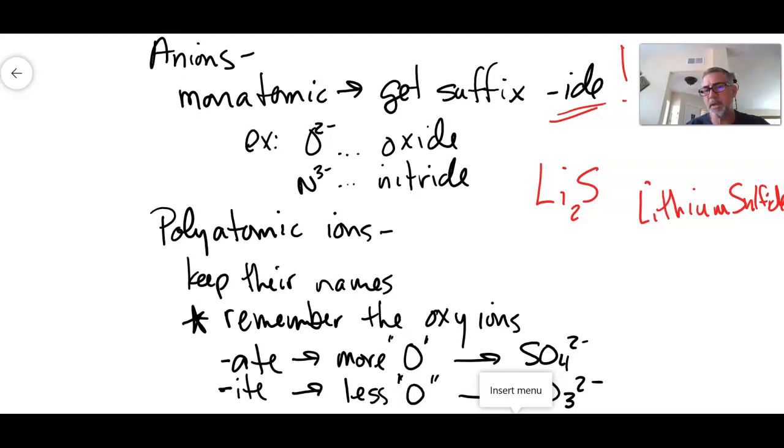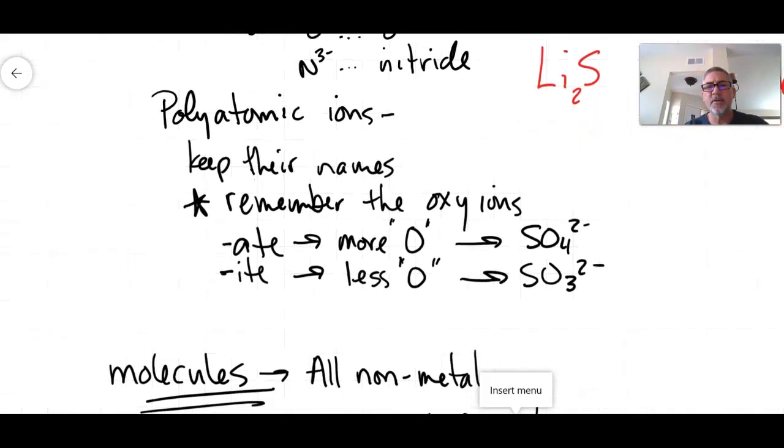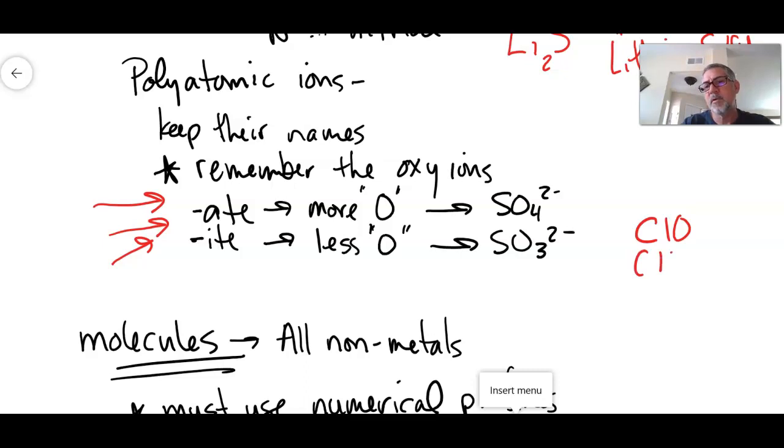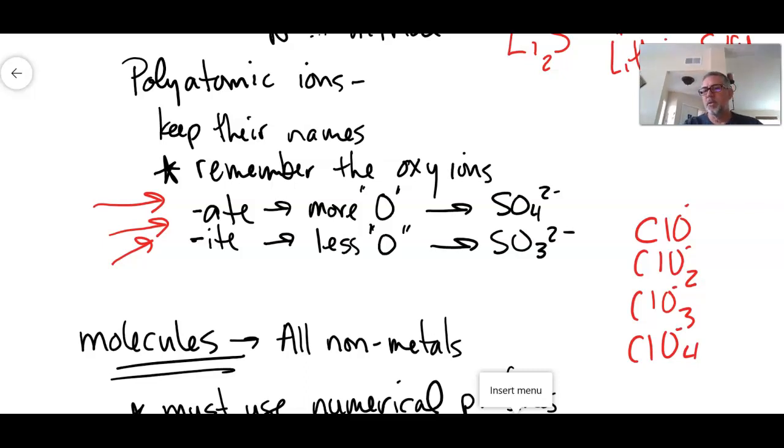Polyatomic ions, remember that list from the back of the periodic table? Well, they haven't gone away, you still have to know them. So they keep their names, just remember ates and ites, right? That's the important part. Only real exception is when you have multiples like this, all these have a 1 negative charge, right? So the middle ones, so this is your ate, this is your